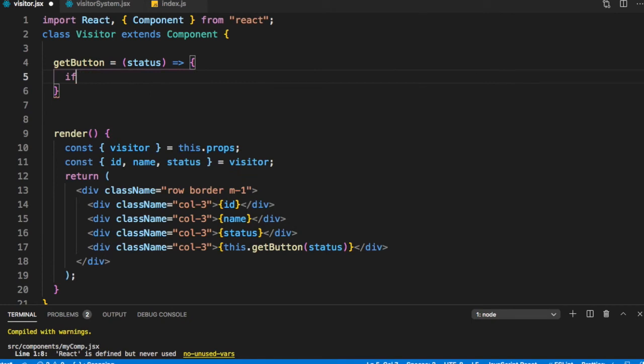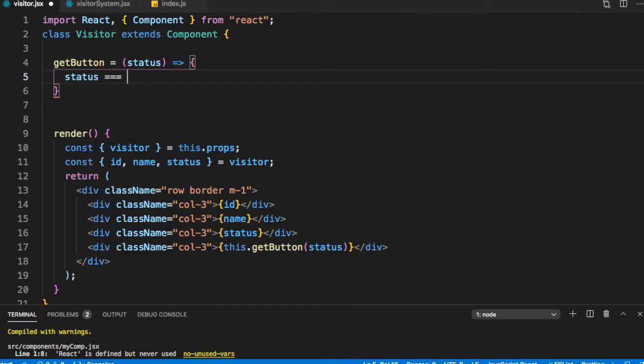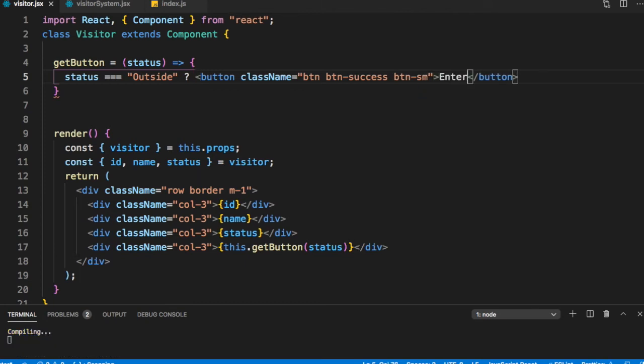We can just use standard ternary. If status is equal to outside, what do we want to show? We want to show a button. And what should that button have? Let's say className is equal to btn, let's call it say btn-success btn-sm, and this button would have the text as say enter.